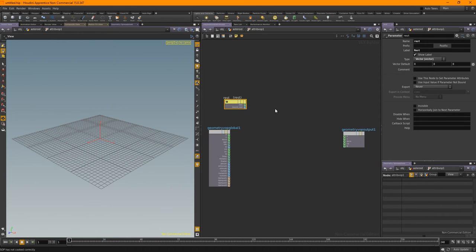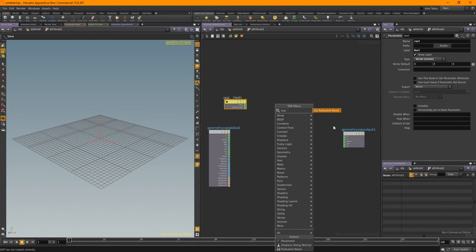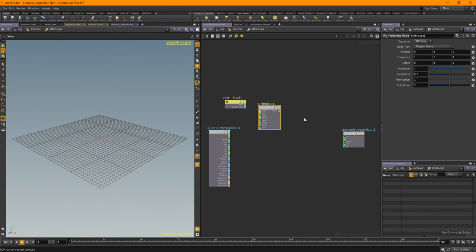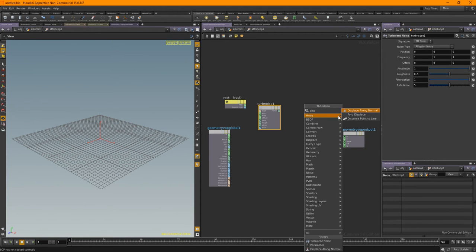Okay, so displacements, what do we need now? I'm going to displace it with a turbulent noise just for now. It's pretty much going to be the same setup as what we'll do in the shading. Now we need to displace along normal.